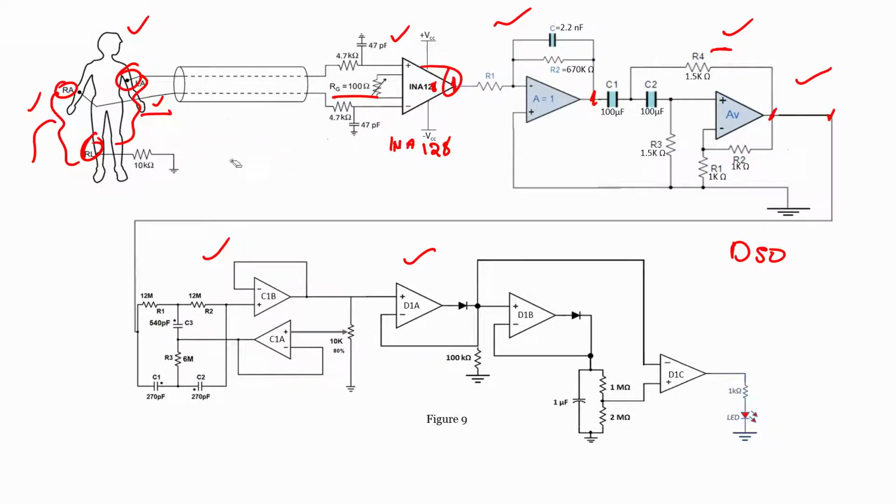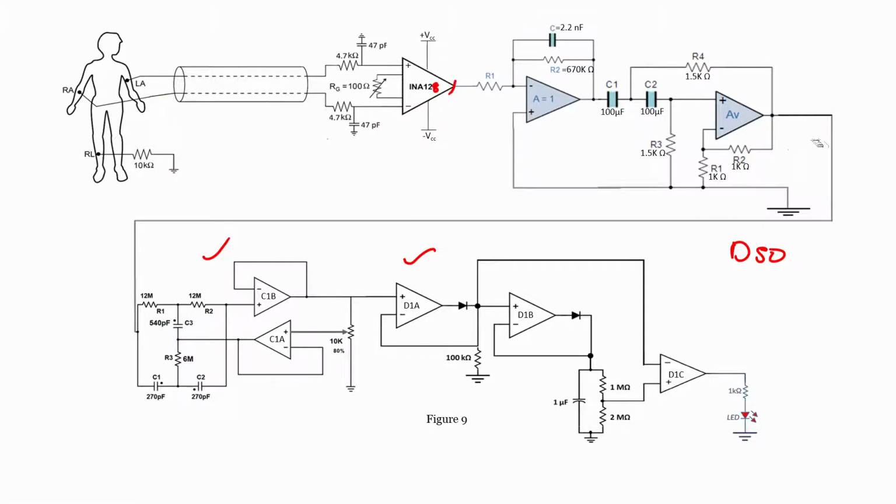Now we will try to see the outputs at each and every point. Starting from the output at the instrumentation amplifier at this point, then connecting the output of the instrumentation amplifier to the low pass filter and checking the output at this point, then connecting the output of the low pass filter to the high pass filter and checking the output at this point, we will see how much difference there is in the amplified version as well as the elimination of noise in the pre-processing stage. Everything we can observe at this point too.